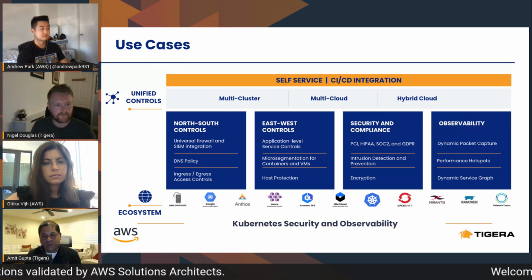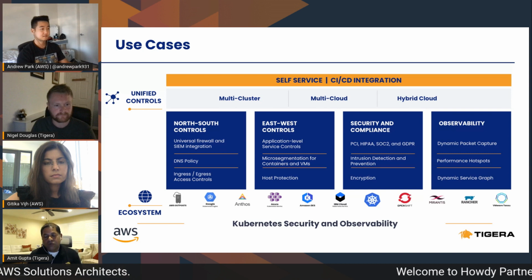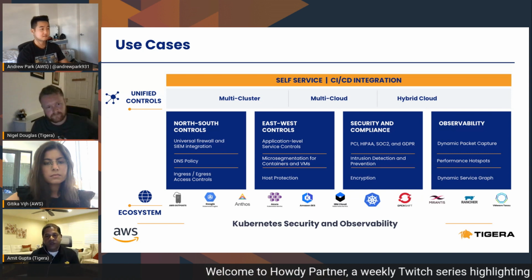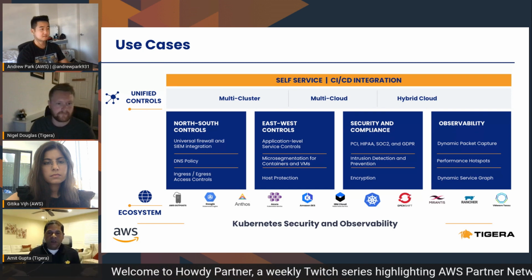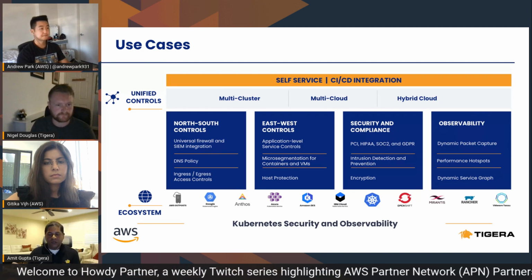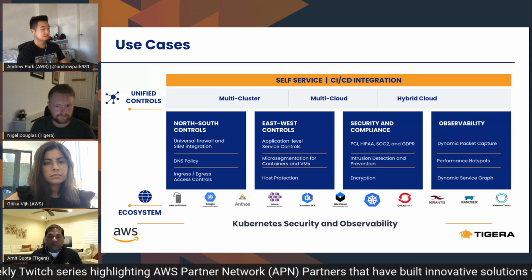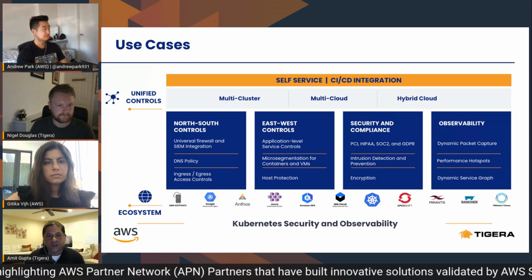So that's the first aspect. The second is, in Kubernetes environments, I think you may know this, by default, anybody can talk to anybody. So the entire connection and the entire network space is open. Now, while that's very convenient, it's not very secure.